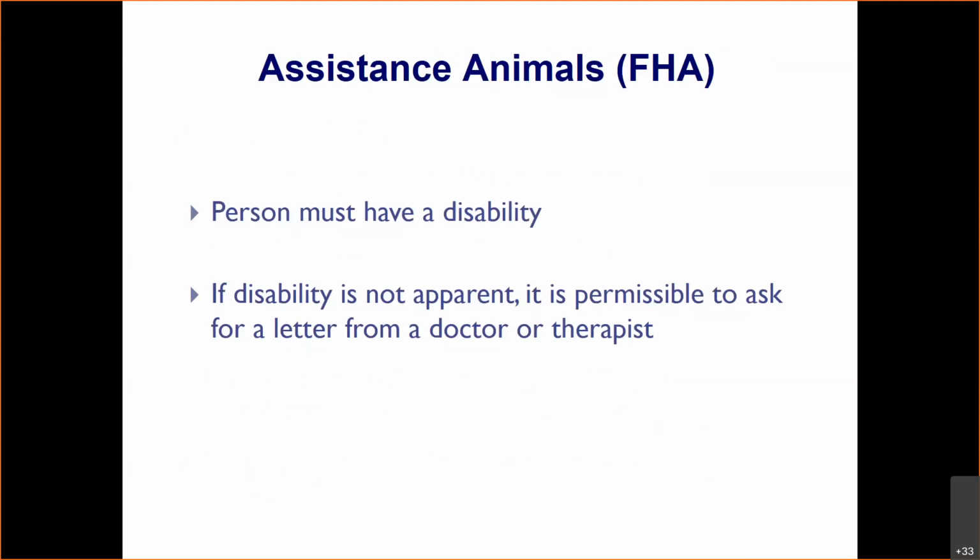So a service animal is different than an emotional support animal. A service animal is covered under the Americans with Disabilities Act. An emotional support or assistance animal is covered under the Federal Housing Administration guidelines and can provide support in that situation. And so this can get a little tricky in terms of whether the shelter falls under the ADA or whether it falls under